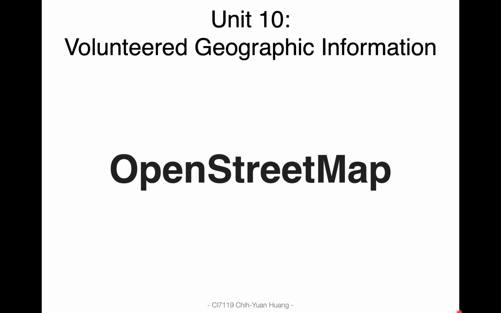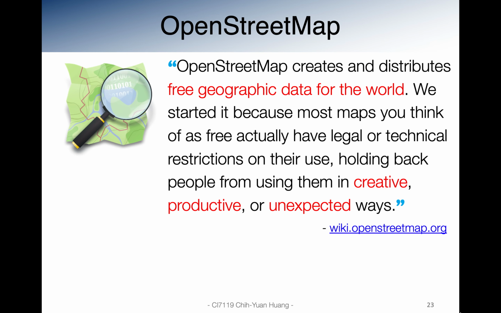Here we are going to talk about the OpenStreetMap. Like I mentioned earlier, one of the most famous examples of VGI is the OpenStreetMap. The OpenStreetMap was created by a person in the United Kingdom called Steve Coast, and the reason that he created the OpenStreetMap is because he recognized that the resource of